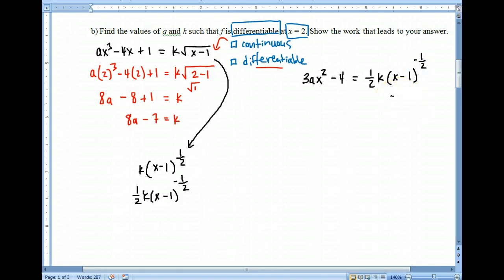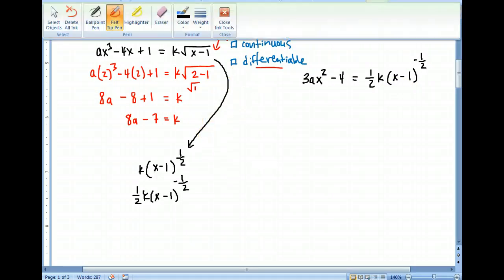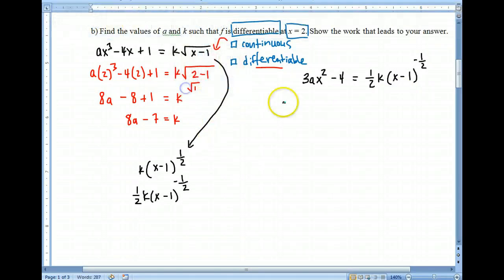Now, what can I do now? Divide the slope? Well, I want the slopes to be equal, but where? At 2. At 2, so I can plug in